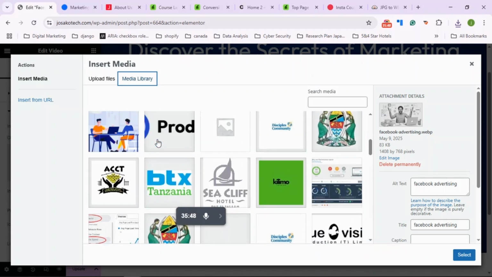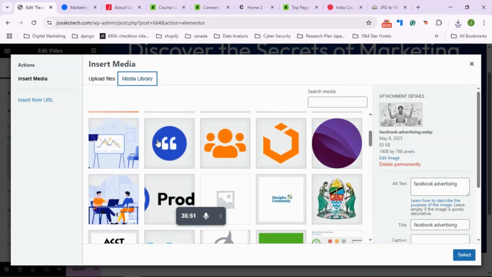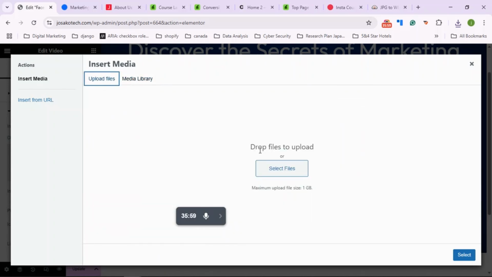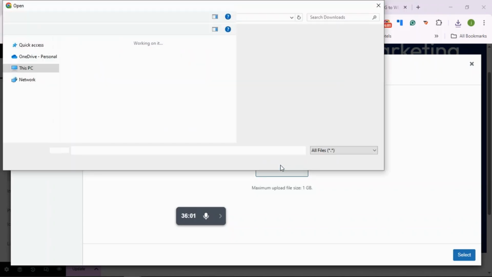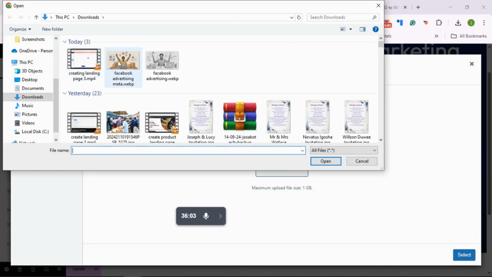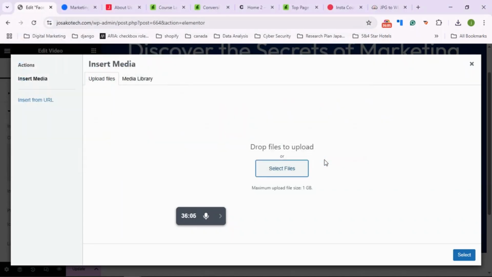But if there is an item, a media or photo, an image which is not found here or has not yet been uploaded, then I'll go to upload file and then select file. Then I'll click,